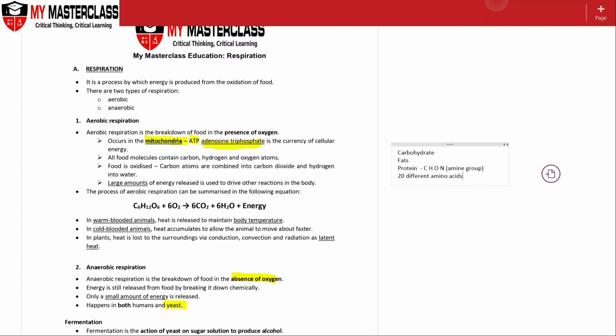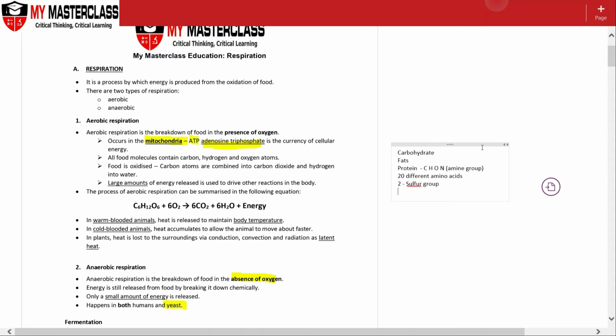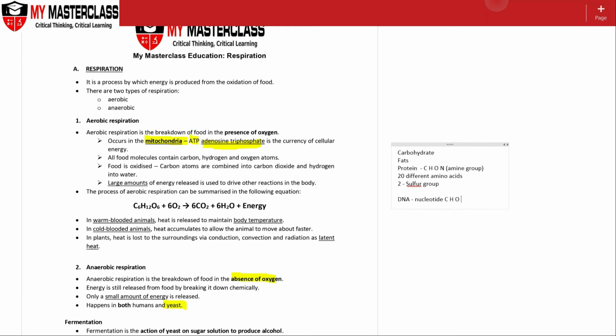And of these 20 amino acids, there will be two of them, if you are in IP, which contain the sulfur group as well. And some components of food will contain the nucleotides, which is your DNA. And nucleotides itself will contain carbon, hydrogen, oxygen, and also phosphorus. Now, this one is just a side thing that you might want to keep in mind